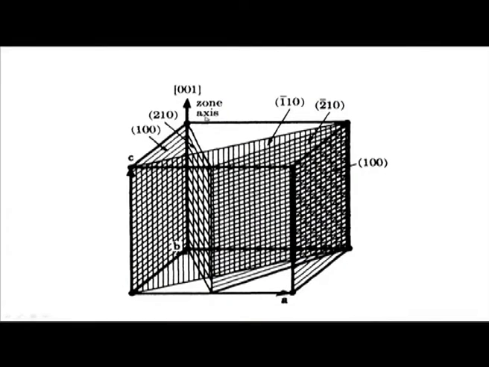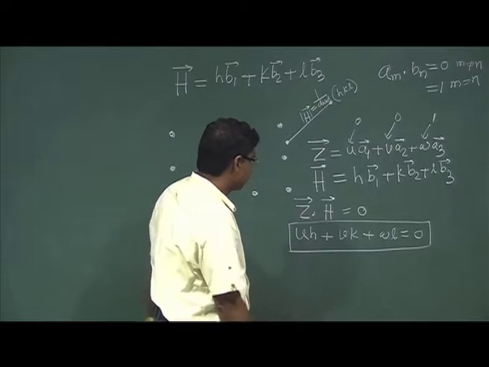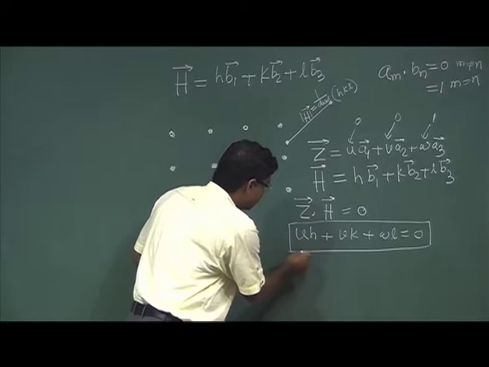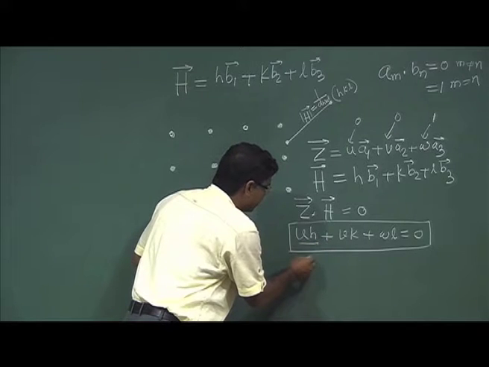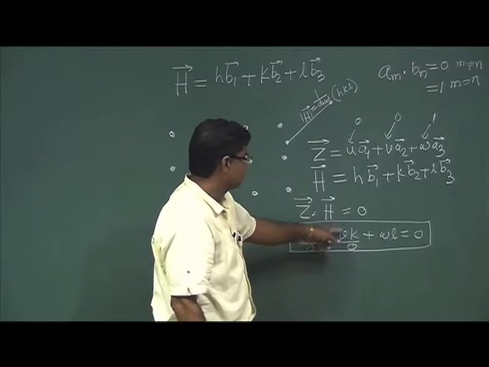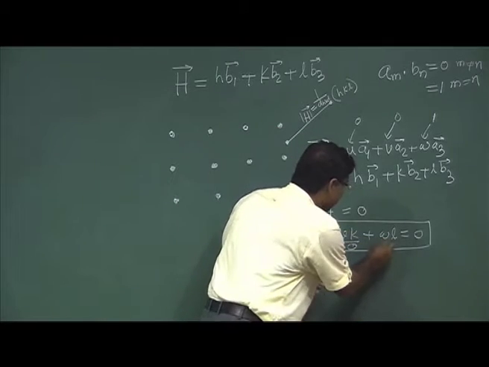So if I put this value here, this part will be 0, this part will be 0, UV are 0, but this W is 1,